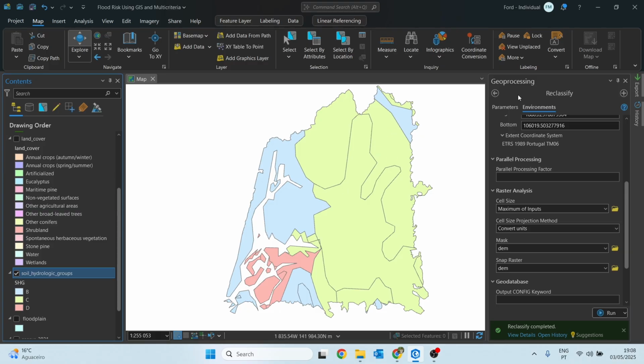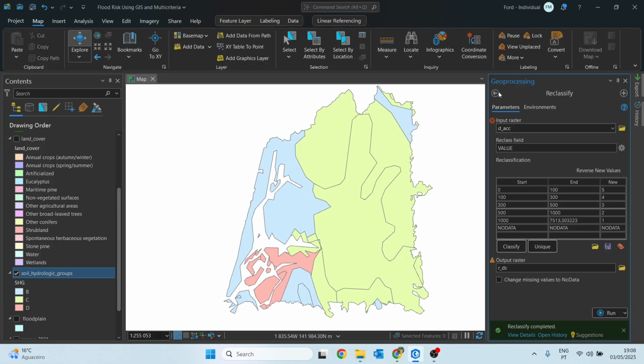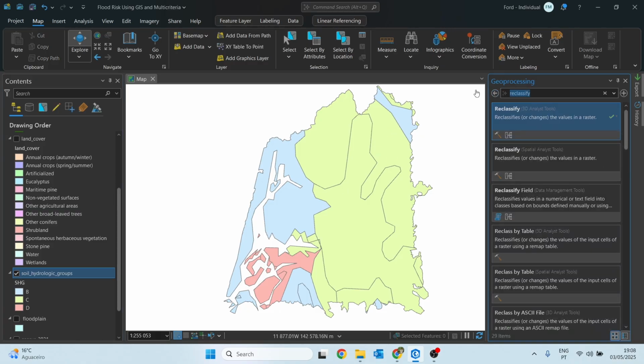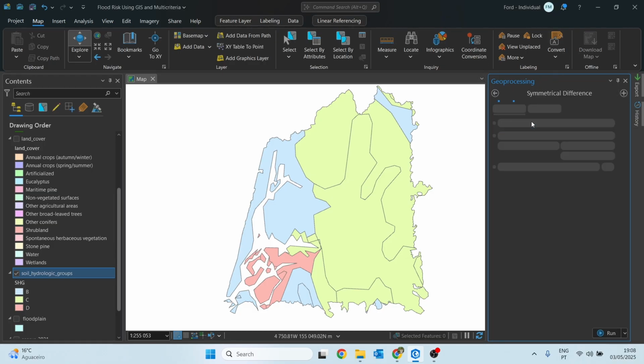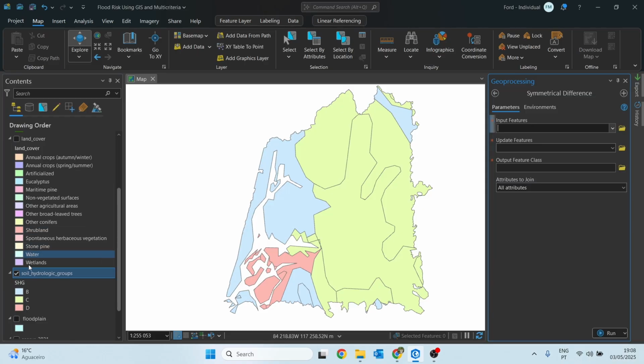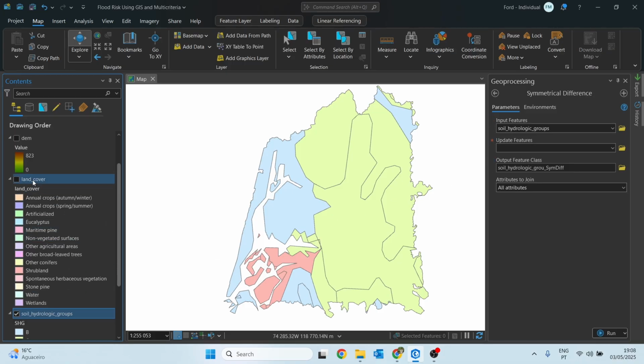There are several ways to do this, but what we are going to do here is go to the geoprocessing tool and search for symmetrical difference. For the input features, we are going to drag and drop the soil hydrologic groups. For update features, we will use the land cover to fill the gaps.